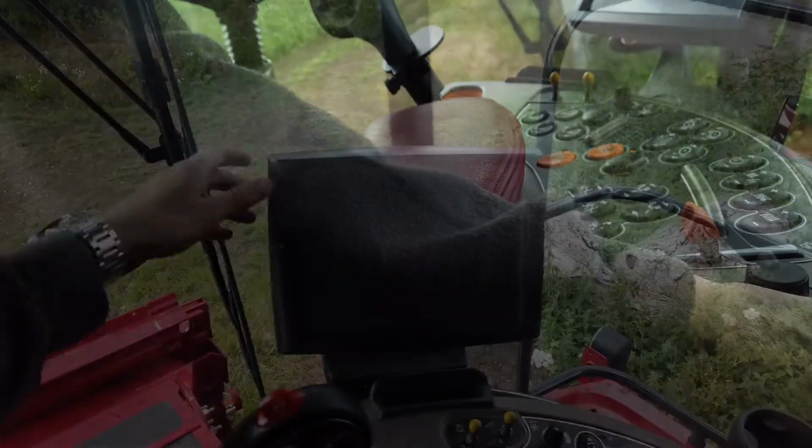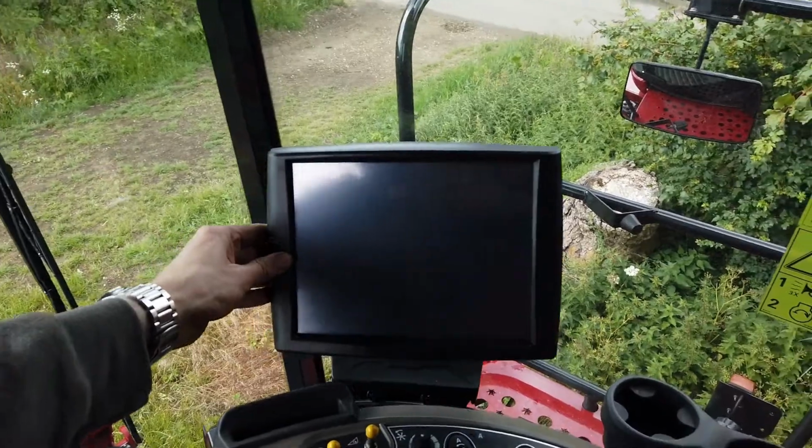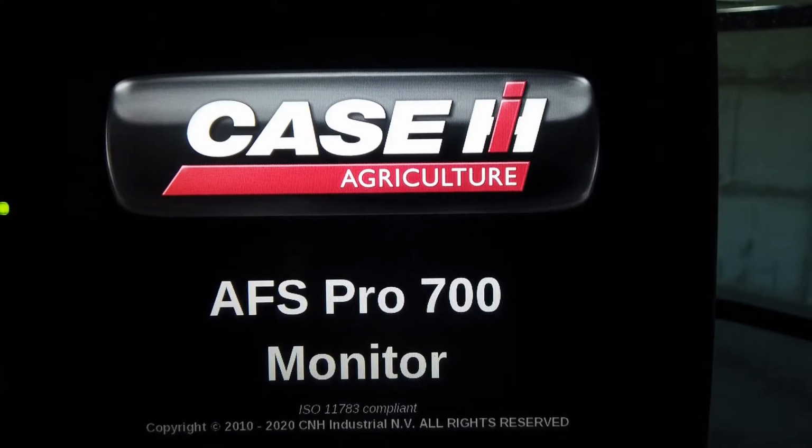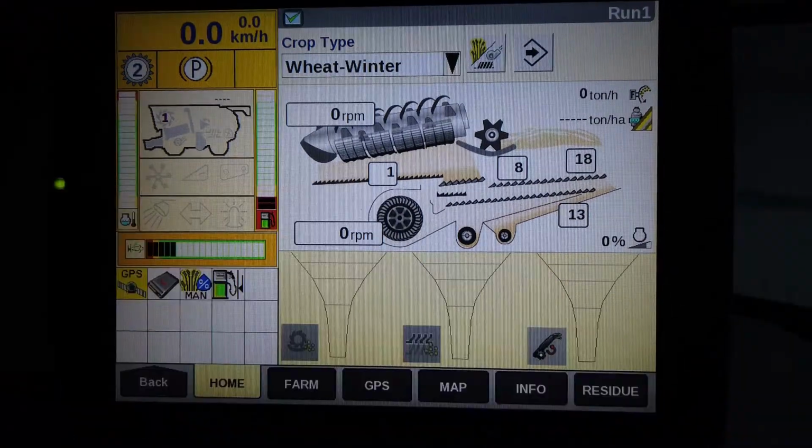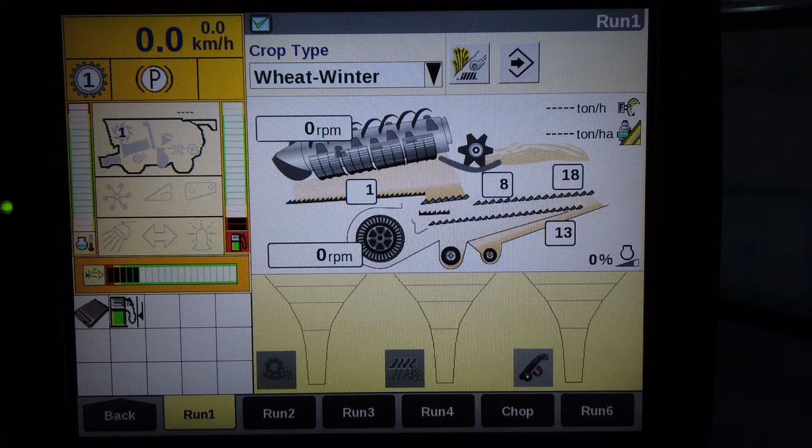Position and angle the control screen to suit your field of vision in a comfortable manner. Ensure that you have a Case IH USB memory stick in place. Turn on the ignition and the screen goes through a wake-up process and will finalise by showing the first run screen, Run 1. The information in the left third of the screen is fixed and cannot be altered and shows,